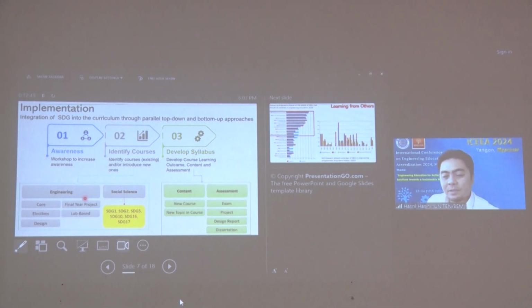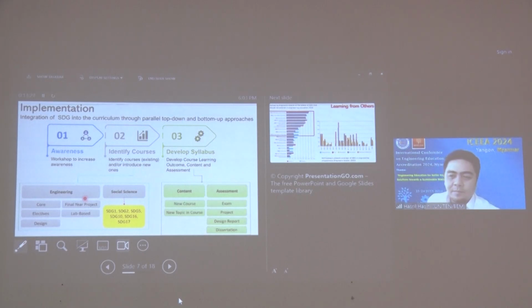I think mapping is one thing, but most importantly is how the teachers or the lecturers want to relate any of the elements to the actual content in terms of the fundamentals. Okay, and then we must ensure that in order to integrate this element of SDG into the courses or into the subject, we don't want to lose the most important fundamentals of each of the core courses. This is something that we must always bear in mind.